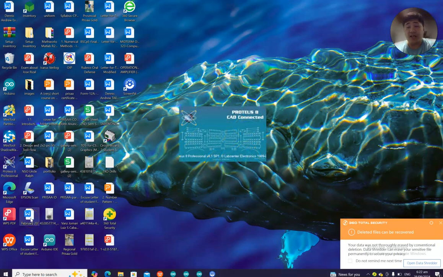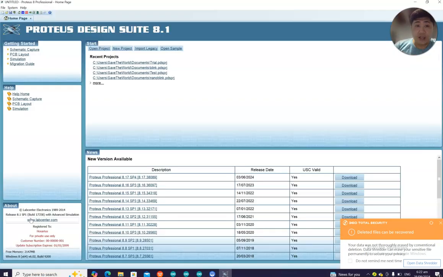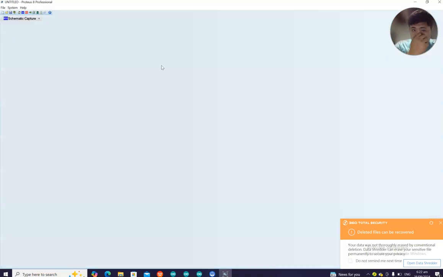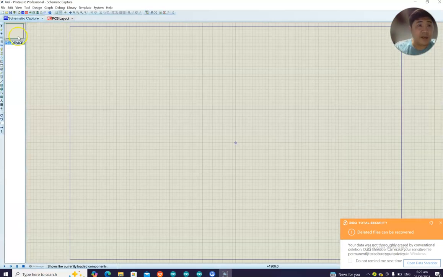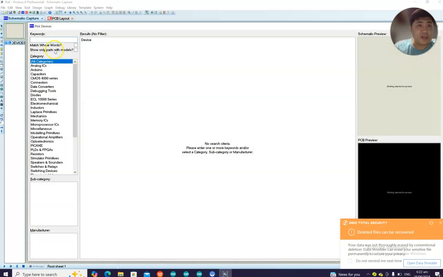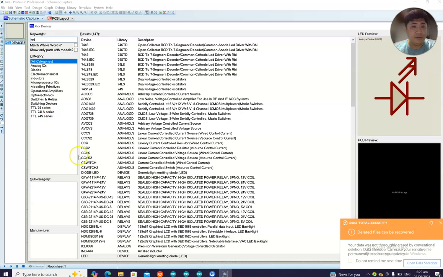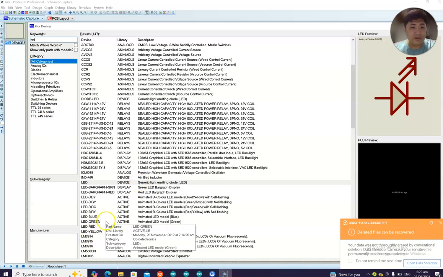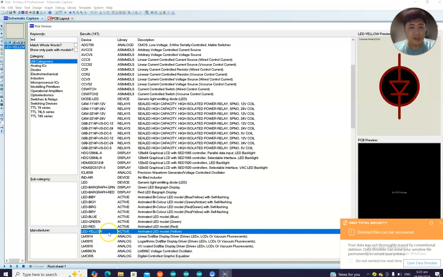If you could see, when we opened the Proteus earlier, there was only Arduino Nano. Now, let's open the trial again. After that, let's add the parts. We put an LED, right? Put an active LED, let's say yellow.